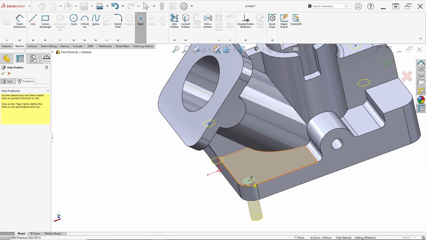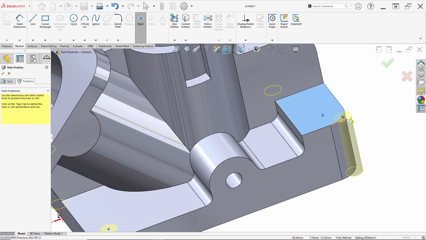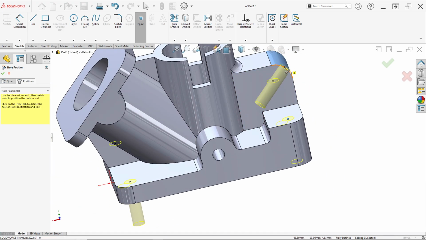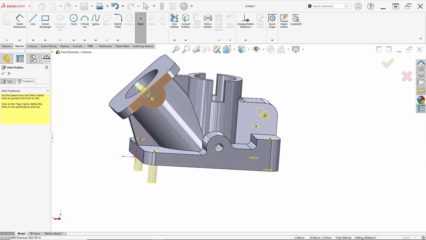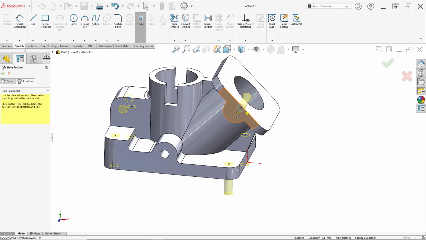and now we can make a hole at this center, make a hole at this center, can rotate in here, make a hole in this center, hole in this center, and hole in this center, and hole in here you can see, and hole through all in this center.